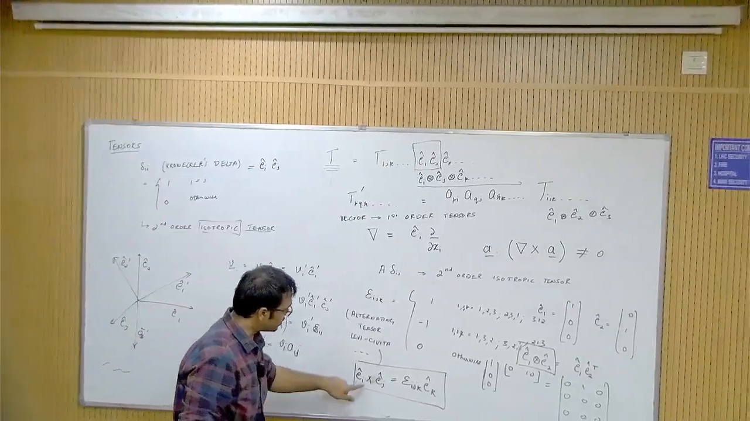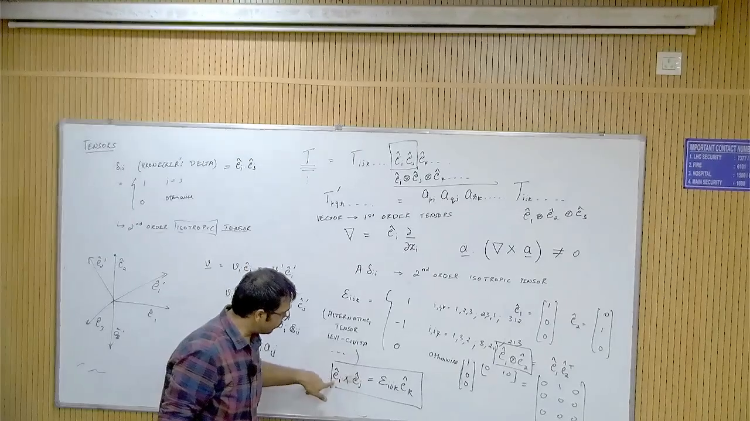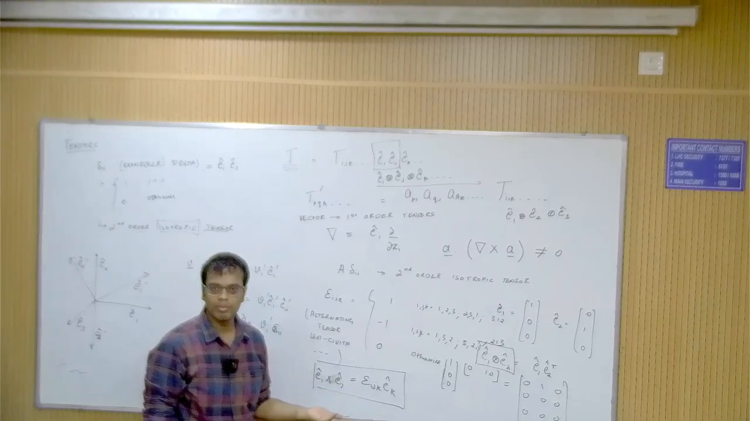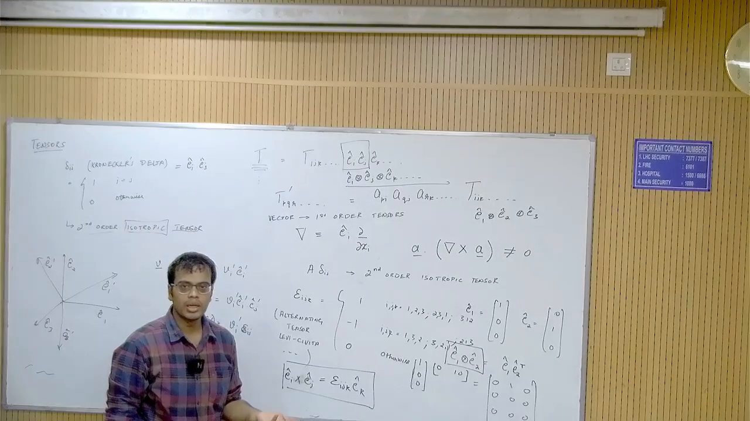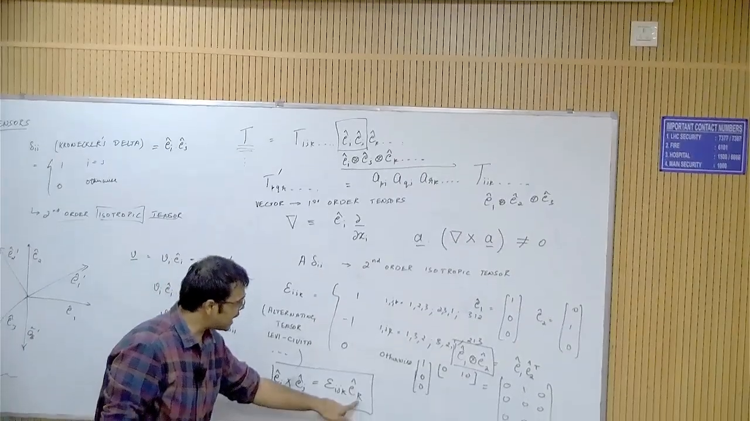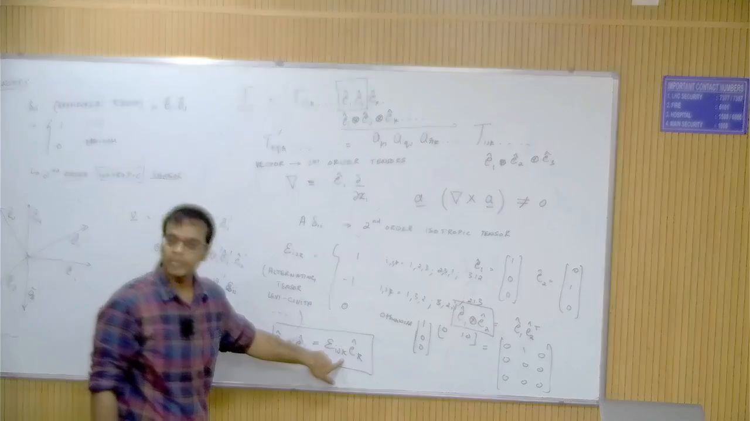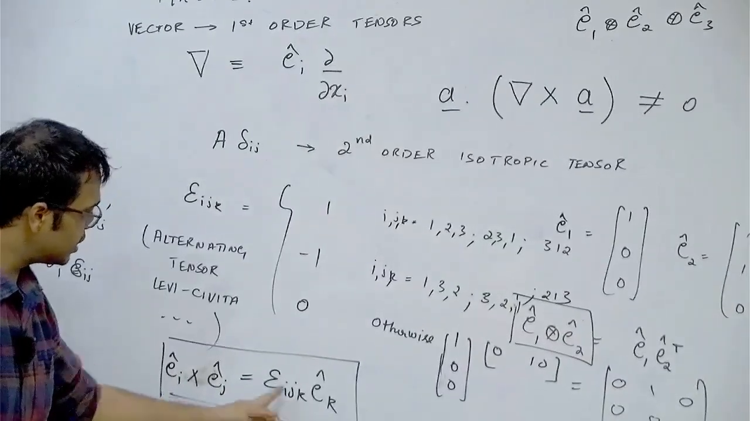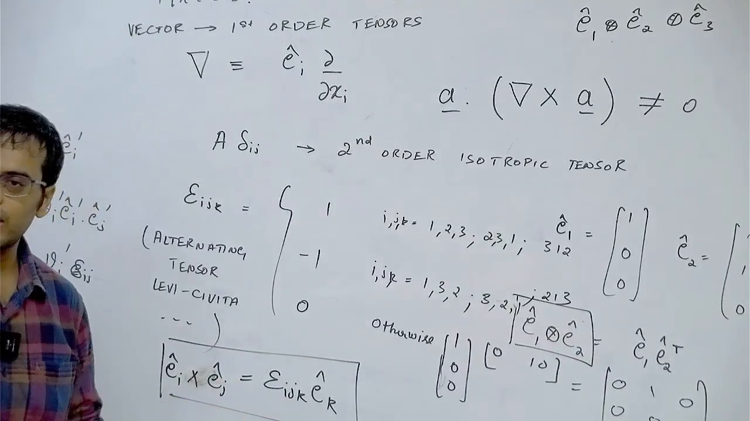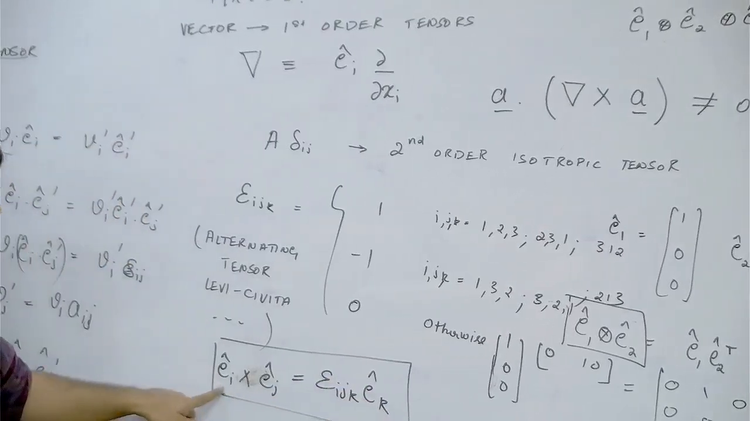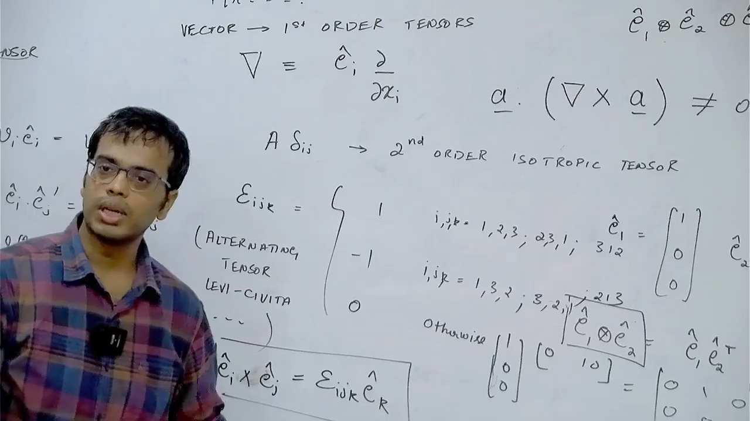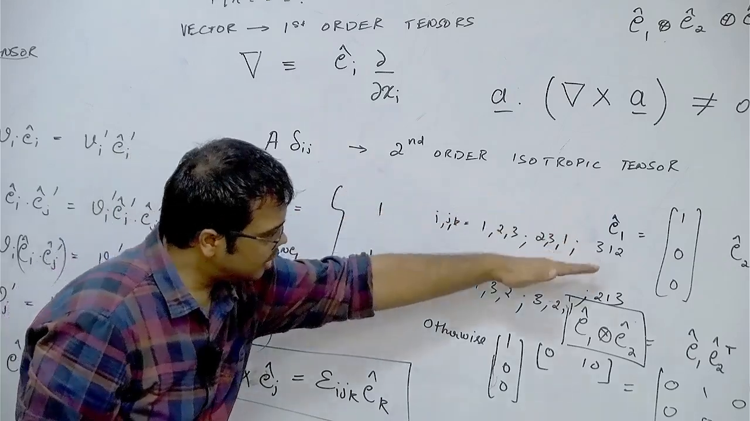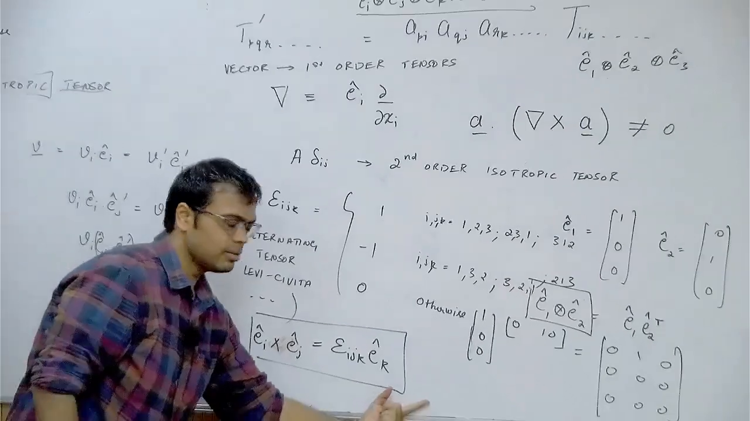Because if E_i cross E_j, what is the component of E_i cross E_j going to be along either of these? 0. So if k is either equal to i or j, epsilon_ijk is going to be 0. And E1 cross E2 is going to give you 1 in the direction of E3, and similarly E2 cross E1 is going to give you -1 in the direction of E3. So basically it's a way of encapsulating this complex definition using index notation